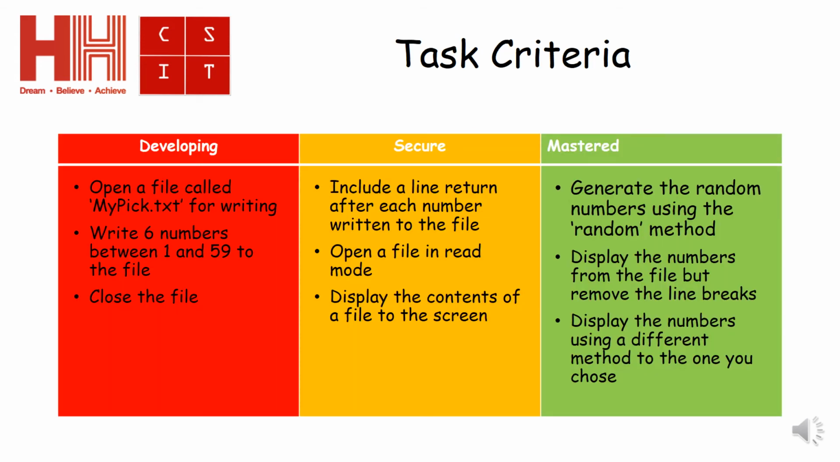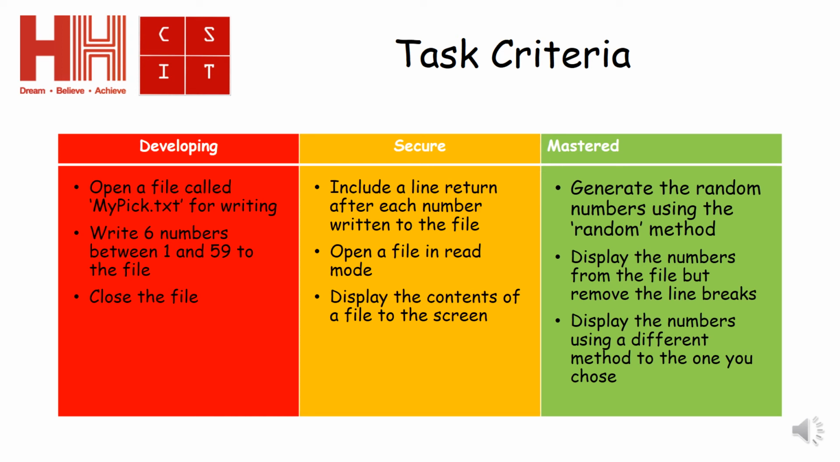I've broken the task down into 3 main sections for you. For the developing task, you need to open the file called mypicks.txt for writing. You need to write 6 numbers between 1 and 59 to the file, and you need to be able to close the file. For secure, I want you to include a line return after each number that you enter to the file. I also want you to open the file in read mode and display the contents of the file